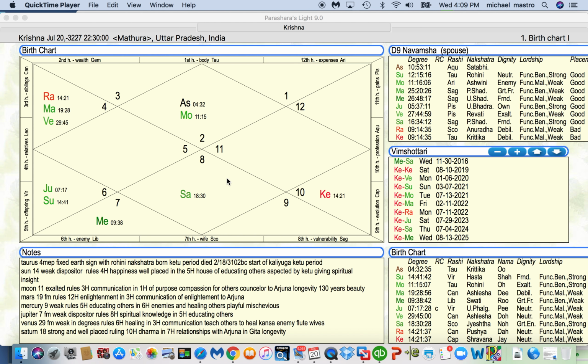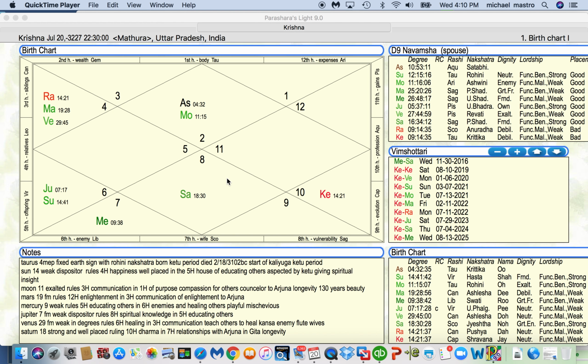I'm going to look at the chart for Krishna. There's many disputed times of birth and passing, ascending. This one seems to be fairly reliable. Krishna was born July 20th, 3228 BC at 22:30,